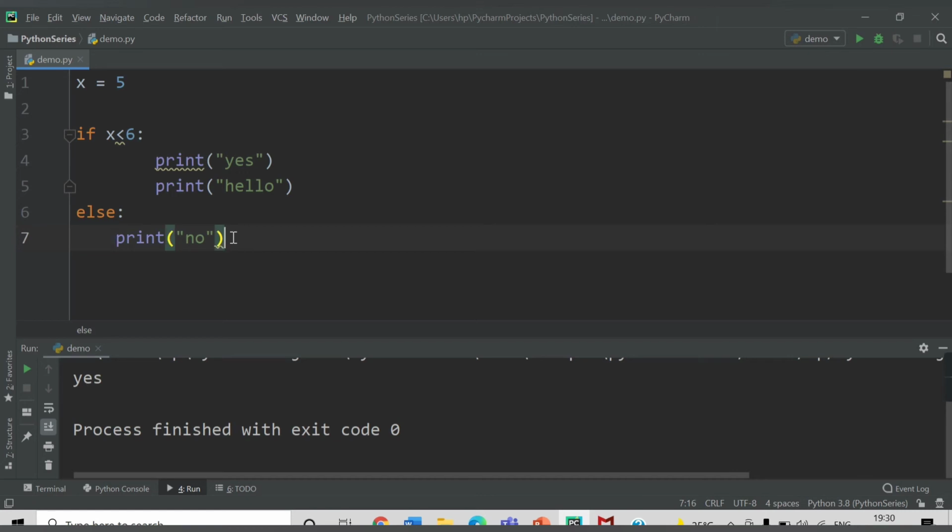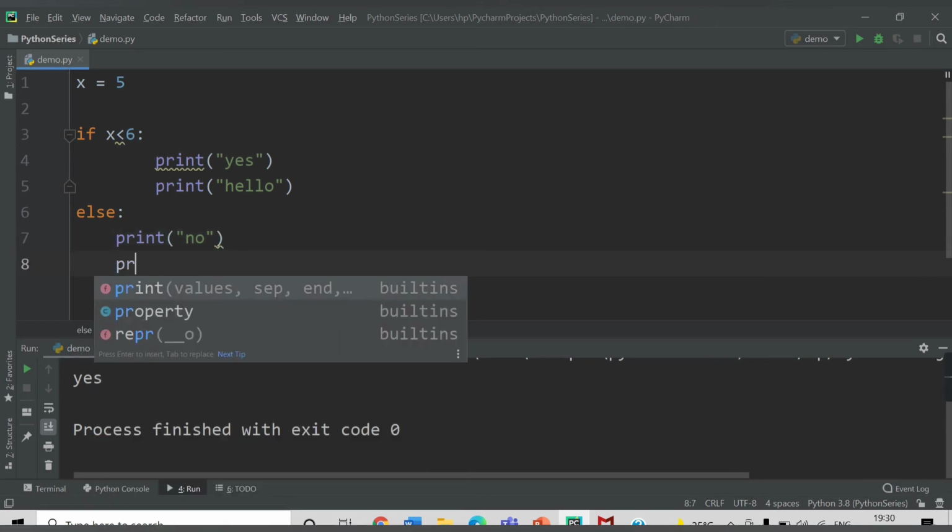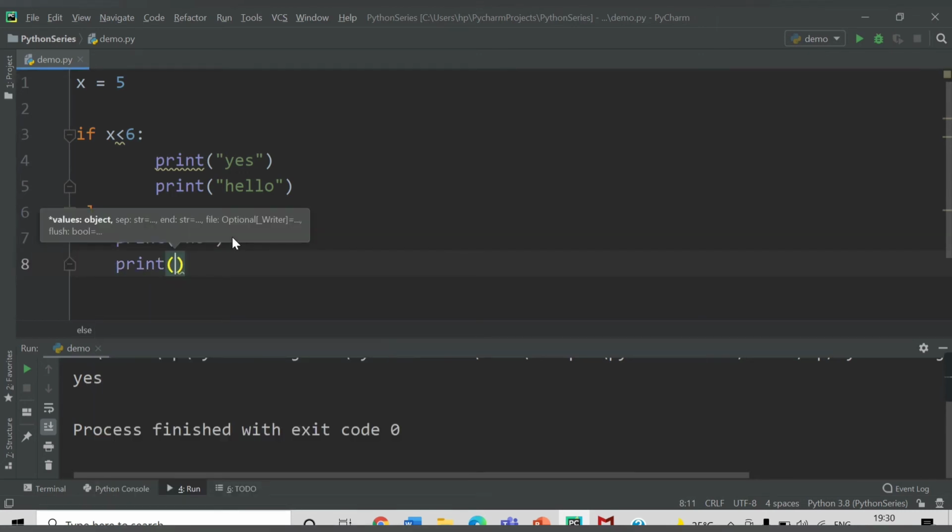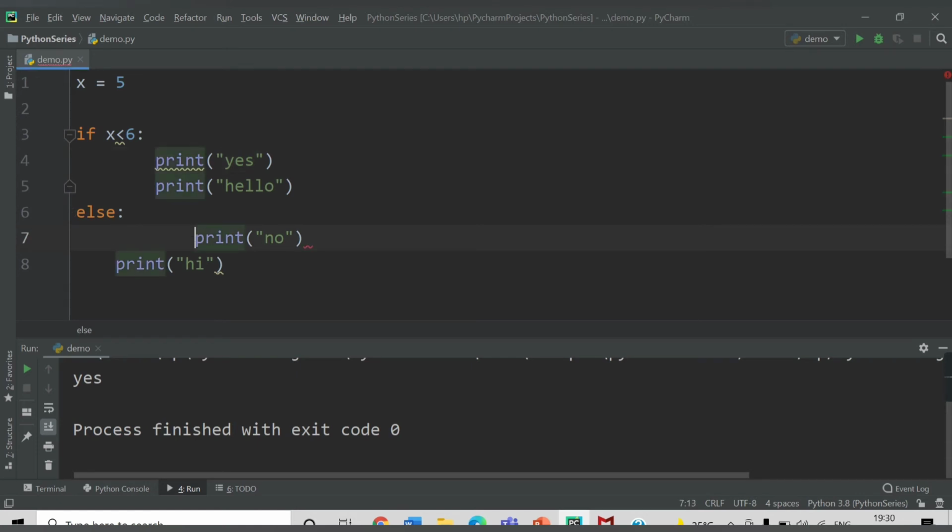Like if I have another print here, let's say print no, and I want to print hi here, I'm not getting any error. But if the spaces don't match, here is a mismatch. If I provide the same number of spaces, I will not get any error.